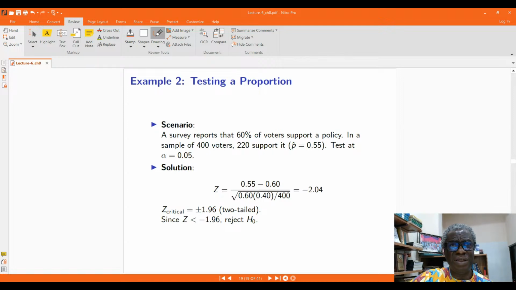To validate, or at least test, whether this claim in the report is true as far as the population is concerned or not, a sample of 400 voters were randomly drawn, and it was found that out of the 400 voters, only 220 support the policy, which translates to